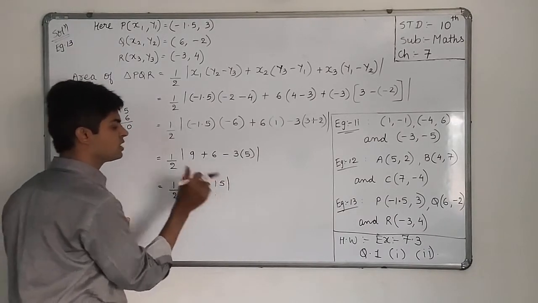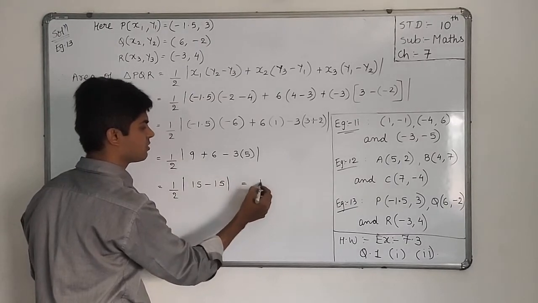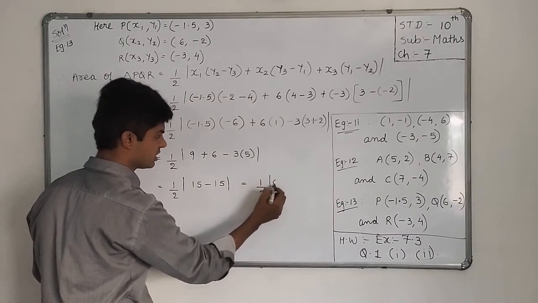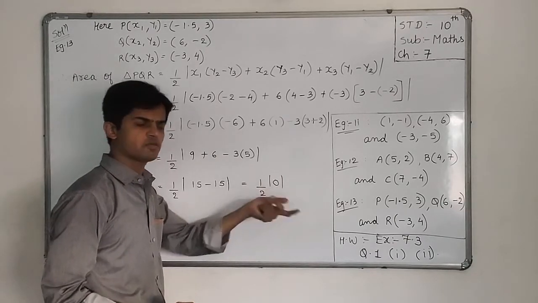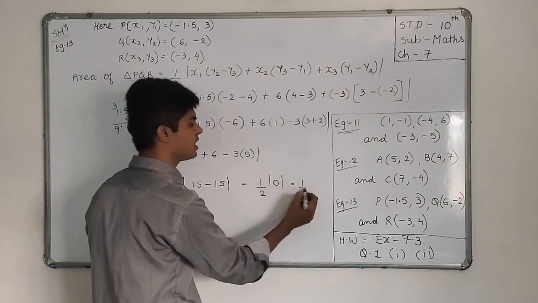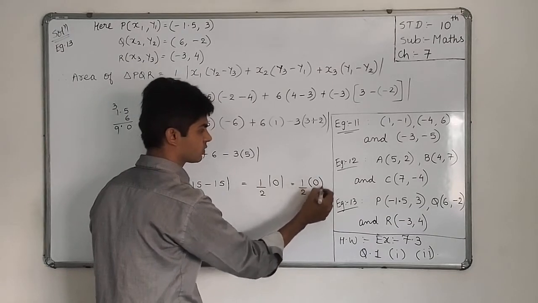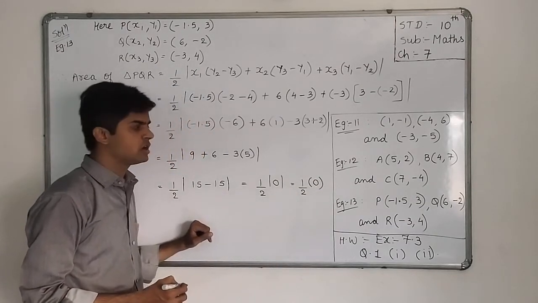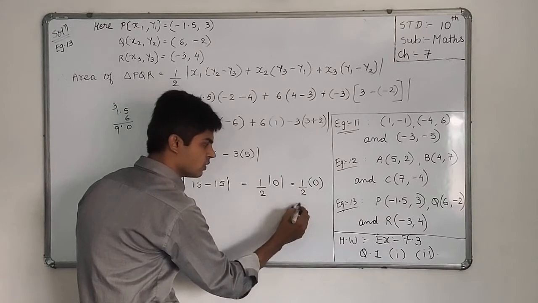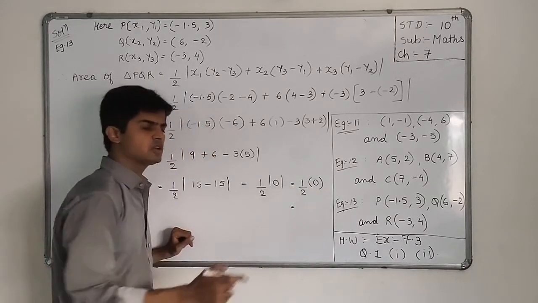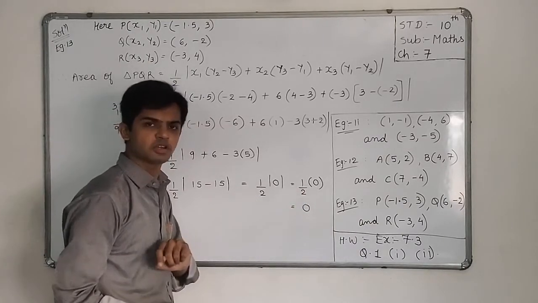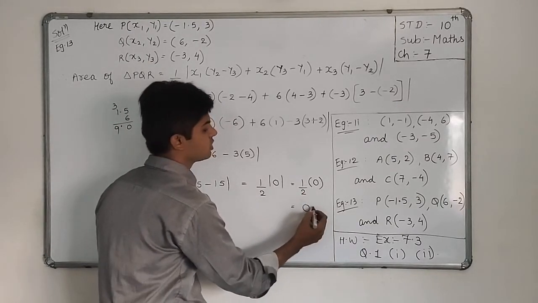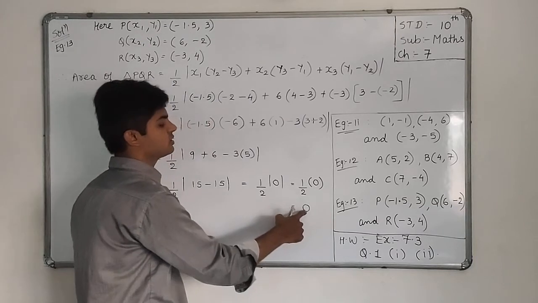Okay. 15 minus 15. Obviously, 15 minus 15, what will the answer be? 0. Now if 0 is there inside the modulus, if it comes outside, then also it will remain 0 only. Okay. So 1 by 2 multiply with 0. 1 by 2 multiply with 0. It will be 0 only. Anything multiplied with 0 will remain 0 only. So the answer is 0